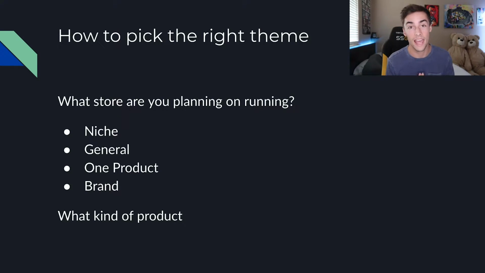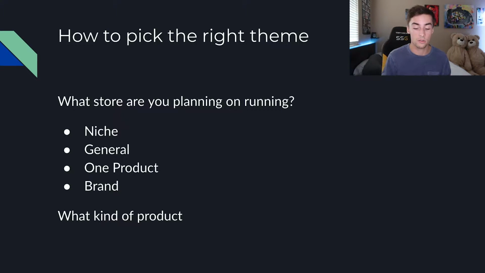So the $1 million question we want to ask before we even begin is, what kind of store are we planning on running? There are 4 different main types of stores that I've actually written down in front of you guys that we can cover. One being a niche store. You sell one kind of product. Let's just say you sell summer products, or you sell jewelry, or you sell golfing supplies, that kind of stuff, niche store. 2, general store. You sell every product underneath the sun. 3, one product store. You sell literally one product and that one product only.